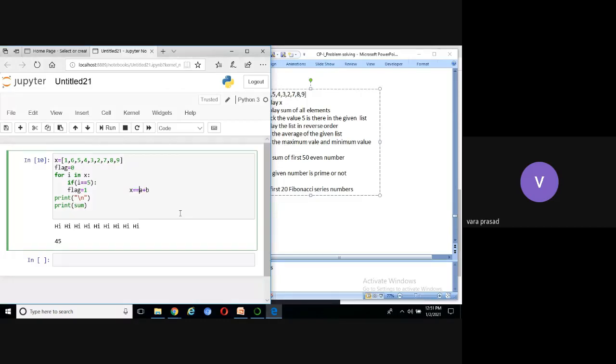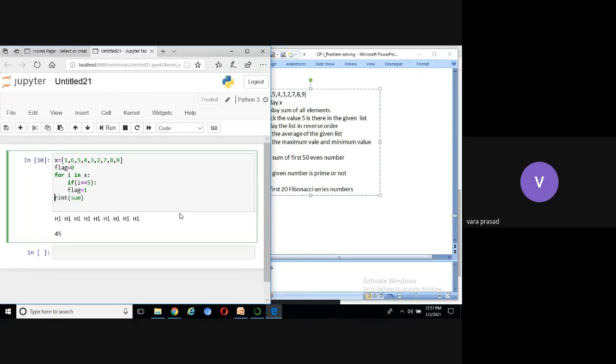Instead, if I use double equal to, it will not store, it will compare. Take the value of a and b, add these two values. That value is compared to the value of x. If both are equal, return true, otherwise return false. So here, double equal to is a comparison operator, equal to is an assignment operator. We need to set the flag equal to 1. Now, can we use the assignment operator or comparison operator? Assignment operator. Okay. Then what we have to do now?